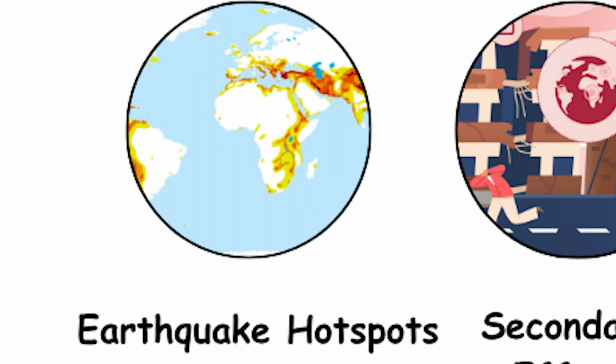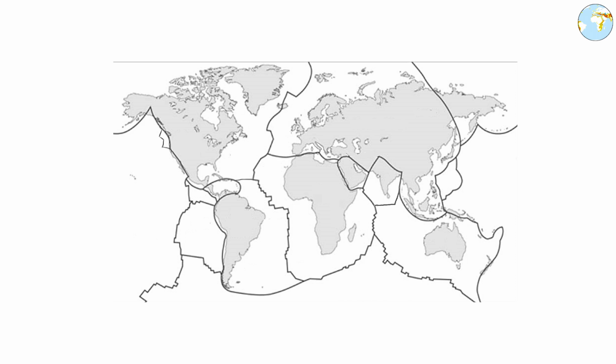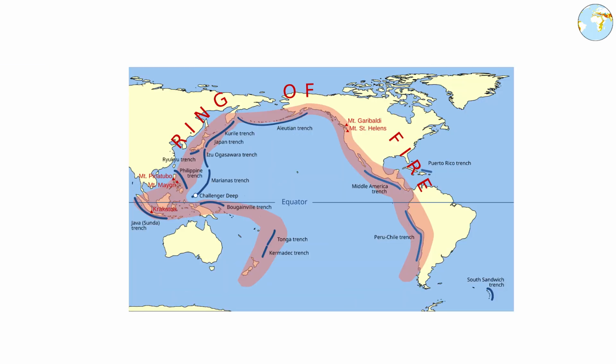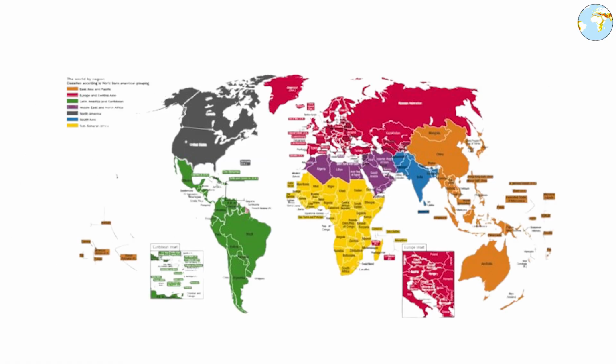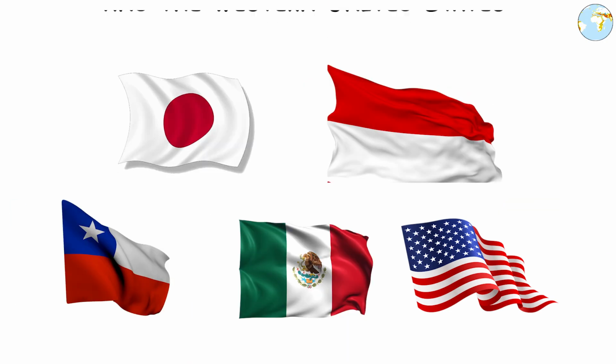Earthquake hotspots around the world. Not all places are equally prone to earthquakes. The vast majority occur along plate boundaries. One of the most famous and active is the Ring of Fire, a horseshoe-shaped zone around the edges of the Pacific Ocean. This region includes countries like Japan, Indonesia, Chile, Mexico, and the western United States, all of which regularly